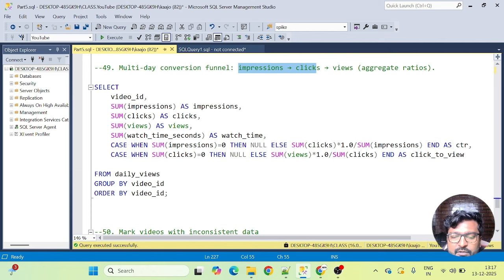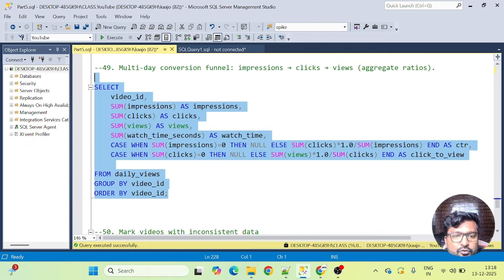And then clicks to views, right? Aggregate ratio means first take an aggregate of all these values and then find out the ratios for them by simply doing the division, right? So clicks to views: views divided by clicks, we're going to get a click to view ratio.